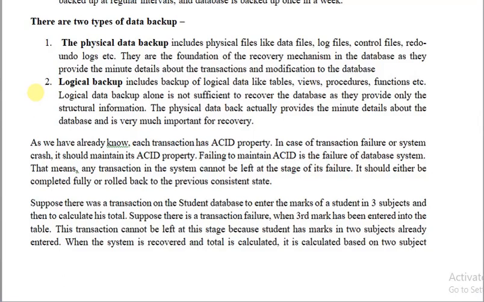In case of physical data backup, the physical files such as the log files, control files, the redo log, undo log. We will study about redo and undo log in the next session, okay, and they are the foundation of the recovery mechanism in the database, as they provide minute details about the transaction and modification to the database. And another type of data backup is logical data backup, which includes the backup of logical data like tables, views,